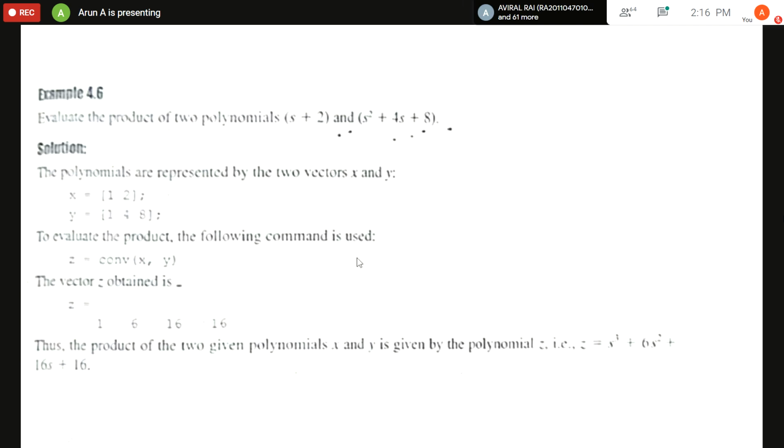They are asking for multiplication, isn't it? So you know the syntax. It is z is equal to c, and you can cross check this. It multiplies and it displays the output. And when it displays the output,